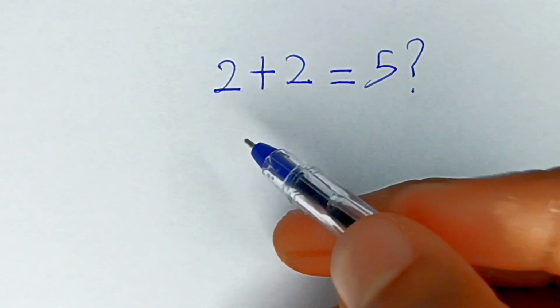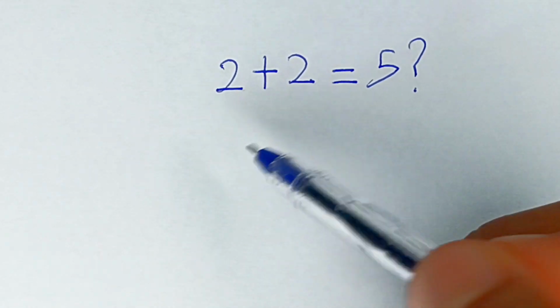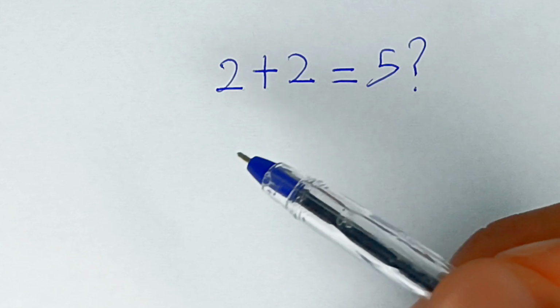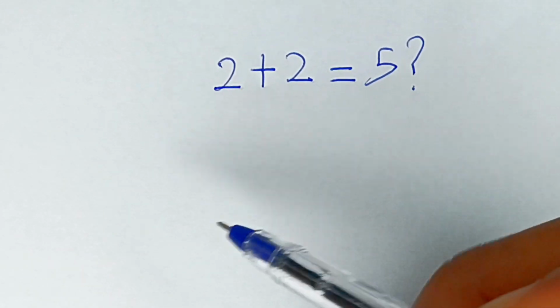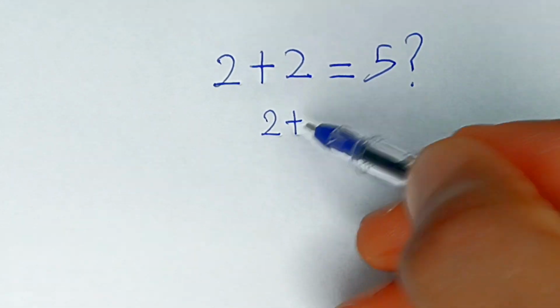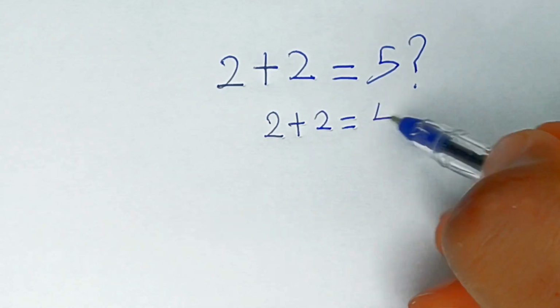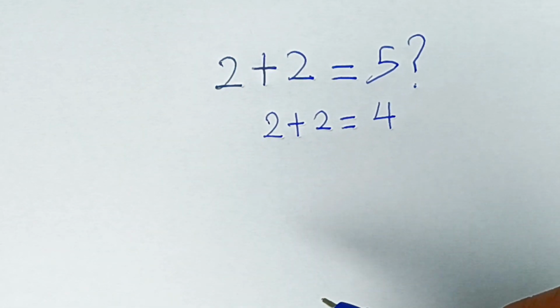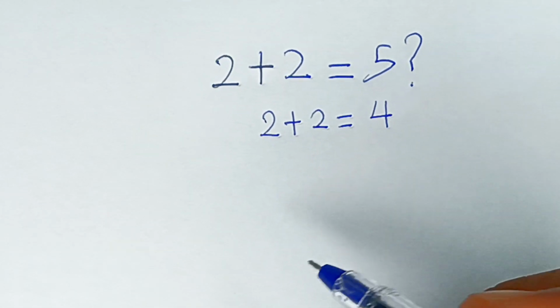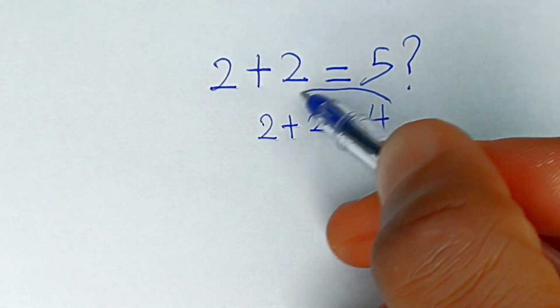So this question is quite controversial. Okay, it says 2 plus 2 is equal to 5. Now you should prove that 2 plus 2 is equal to 5. I know that 2 plus 2 is equal to 4. But if I can prove that 2 plus 2 is equal to 5, I want you to like and comment on this video. Alright. So first of all, the assumption here is that 2 plus 2 is equal to